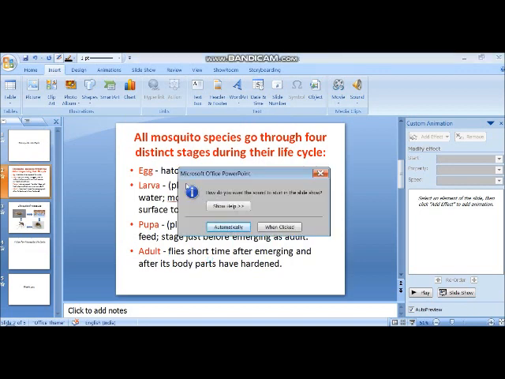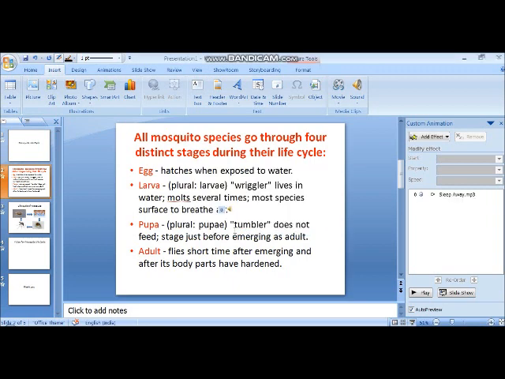Now what happened? It is asking how do you want the sound to start in the slideshow. Two options are given there, automatically or when clicked. So I am going to select here automatically, means the sound will play automatically. And as you have inserted, the sound icon will be inserted here. See, this is your sound icon which you can place anywhere. Okay, and this sound will be played automatically.